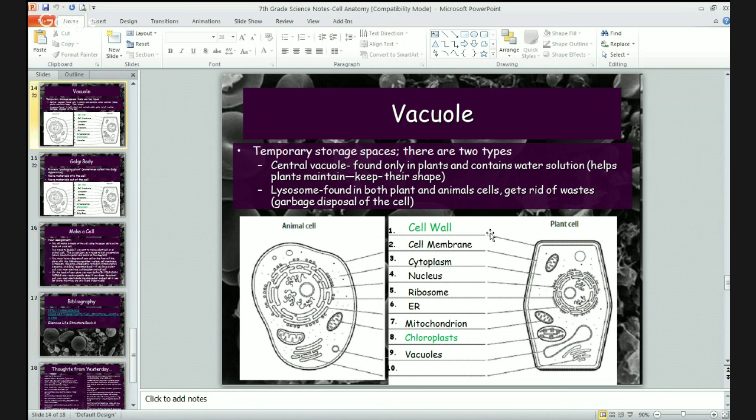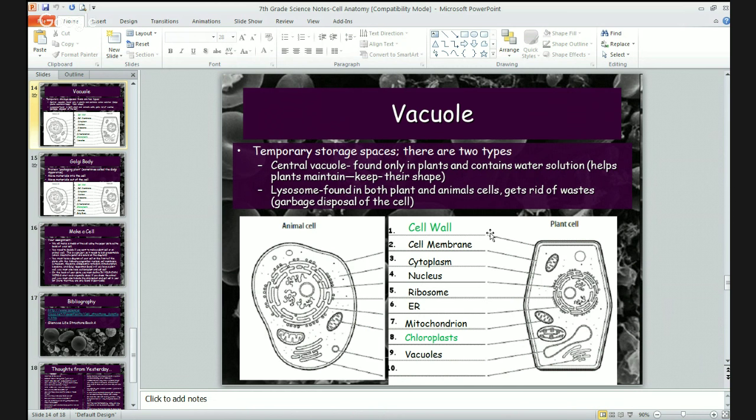Number 9, vacuoles. Okay, this one's going to be kind of difficult because if you look, your little box for vacuoles is not very big. We have 2 vacuoles that we're going to talk about. In general, a vacuole is just called a temporary storage space. We've got 2 different vacuoles in